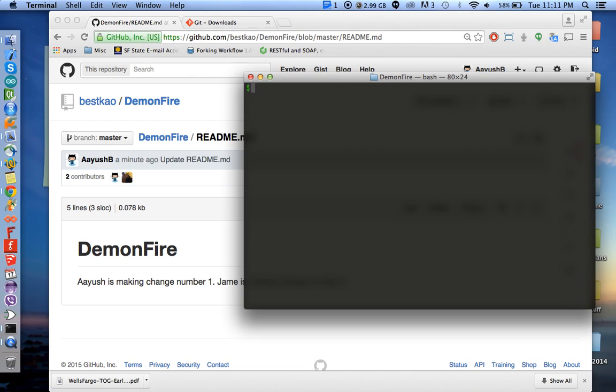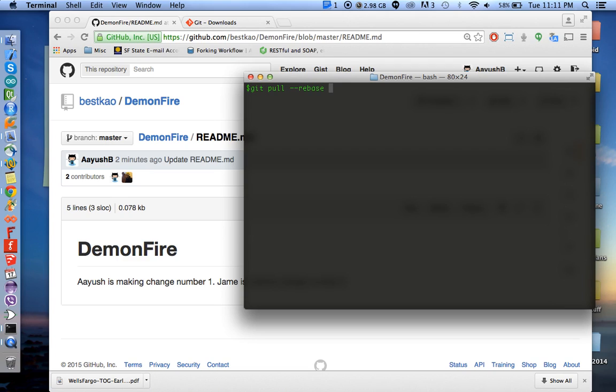What I'm going to need to do first is, usually I can do git status and check. It says your branch is ahead of origin master, which means we can't push to our master over here because it's already ahead. So to solve that problem, I'm going to use this command here called git pull